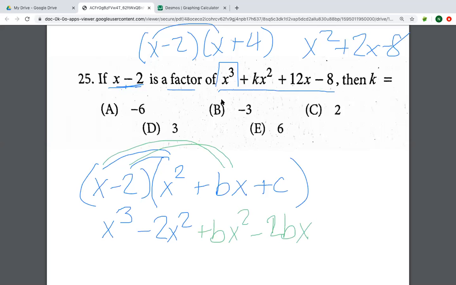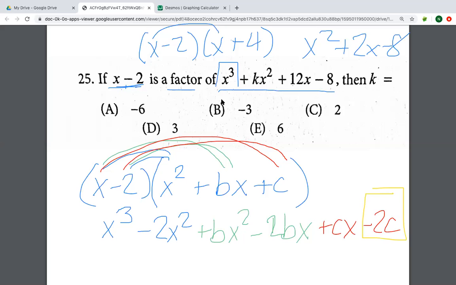And then lastly, we have plus cx minus 2c. Okay, and I know this looks really complicated, but what I do know is that this term here, minus 2c,